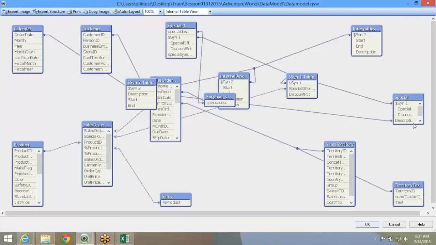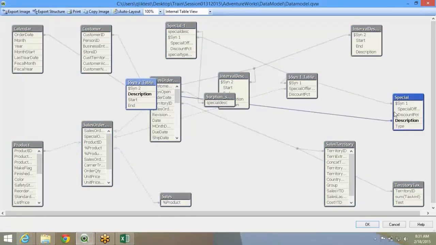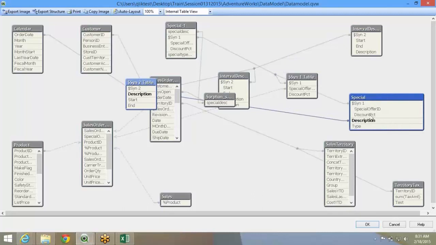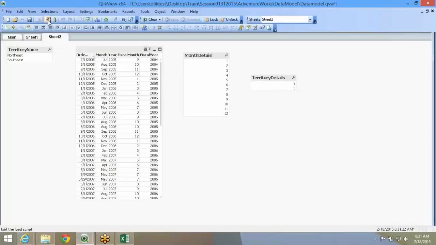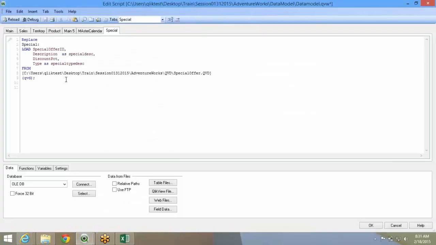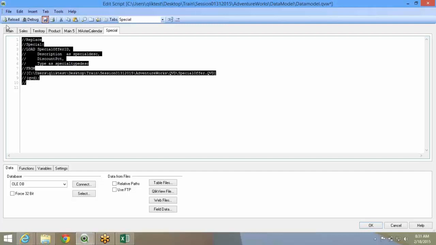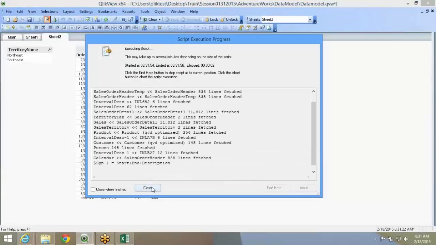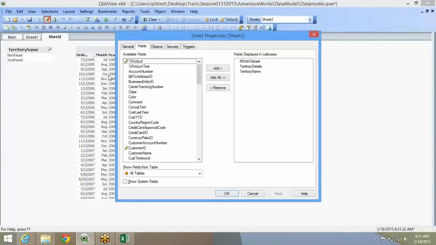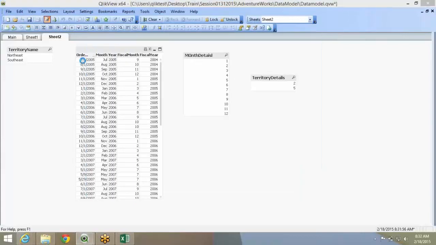If you go here, special is getting replaced by whatever it is. Really weird what is happening to it. Now if I want to reset that entire thing, I just have to reload the whole thing.